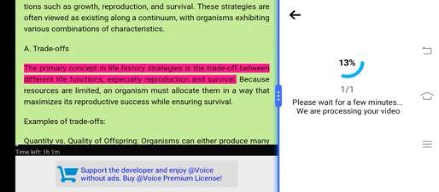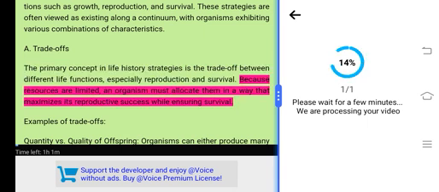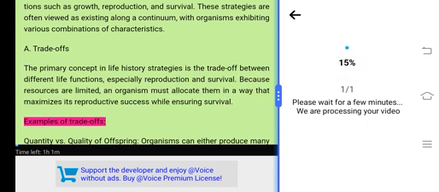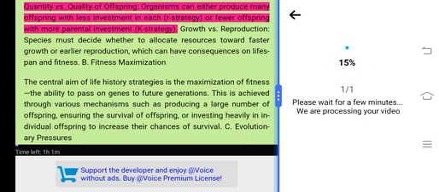Trade-offs. A primary concept in life history strategies is the trade-off between different life functions, especially reproduction and survival. Resources are limited. An organism must allocate them in a way that maximizes its reproductive success while ensuring survival. Examples of trade-offs. Quantity versus quality of offspring. Organisms can either produce many offspring with less investment in each, R strategy,